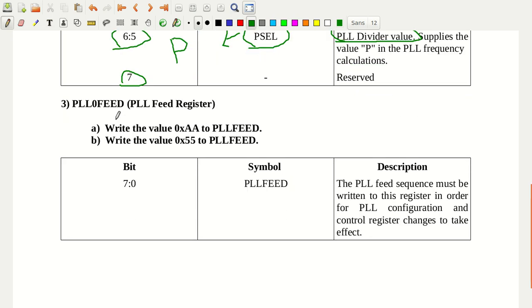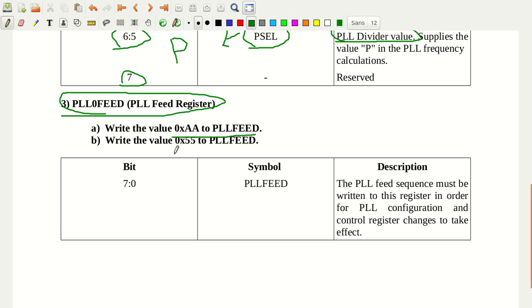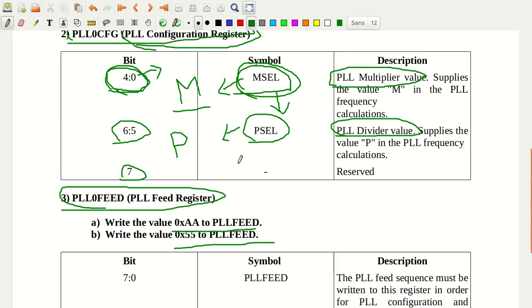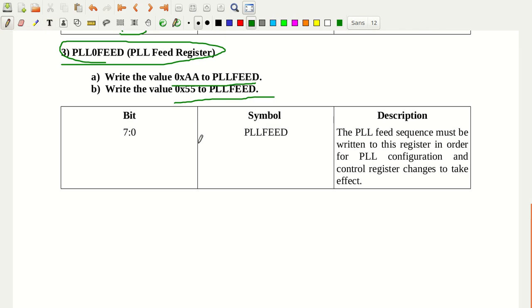The last one, the PLL feed register, is important. Of course, there is a sequence that you have to provide. This sequence is like a key here. First you have to write A, then you have to write 55. It is like a key to unlock the PLL configuration register and PLL control register. If you don't give this feed sequence, that is A and 55, then whatever value you put in the PLL configuration register or the PLL control register will not be taken. So you can broadly say it is a key to unlock